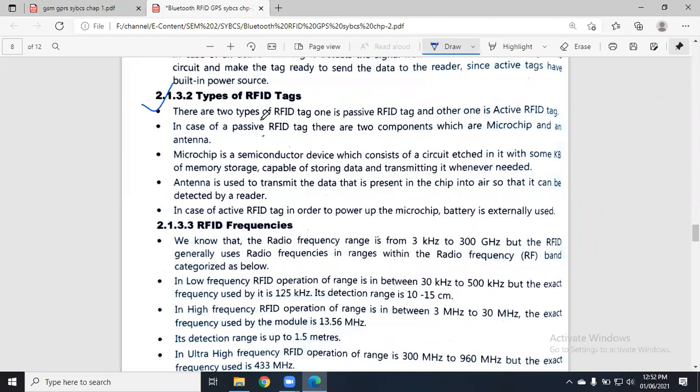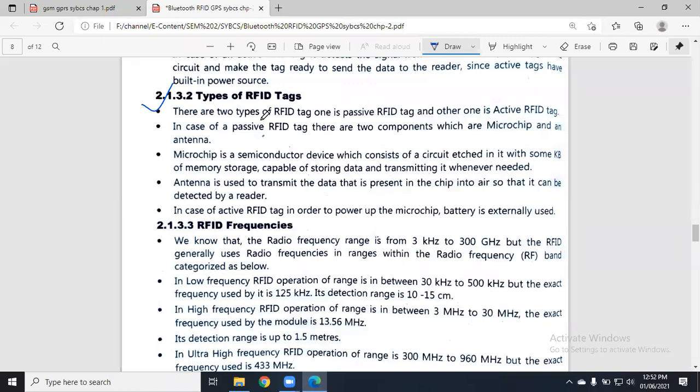What is etching? It is a process in the formation of ICs and other things, in which you print the circuit you want on a piece of paper. That is called the etching process. That is a very deep concept and you don't need it. What is a microchip? It is a circuit printed on a paper. Simple. It is of a semiconductor type, with some KB of memory.